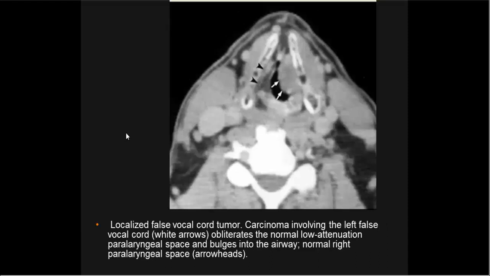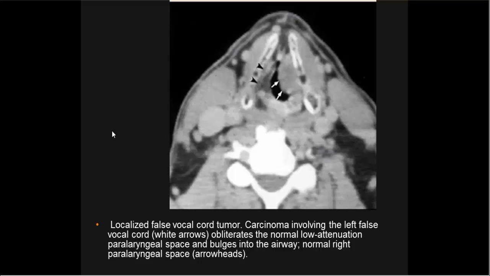Localized false vocal cord tumor. This is one side of supraglottic carcinoma. Carcinoma involving the left false vocal cord. The right is not involved; see the right fat density. The tumor obliterates the normal low attenuation paralaryngeal space and bulges into the airway. Normal right paralaryngeal space and normal right